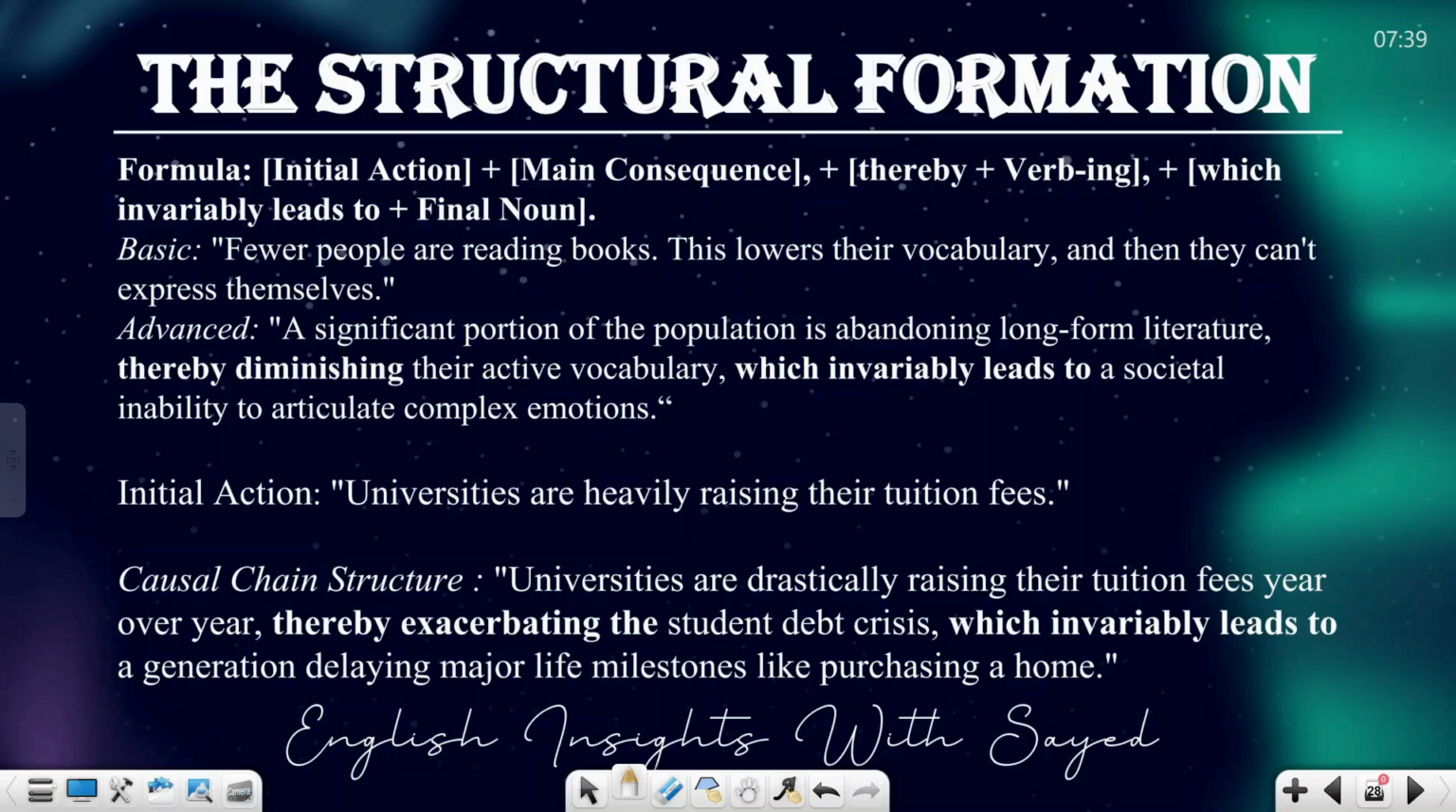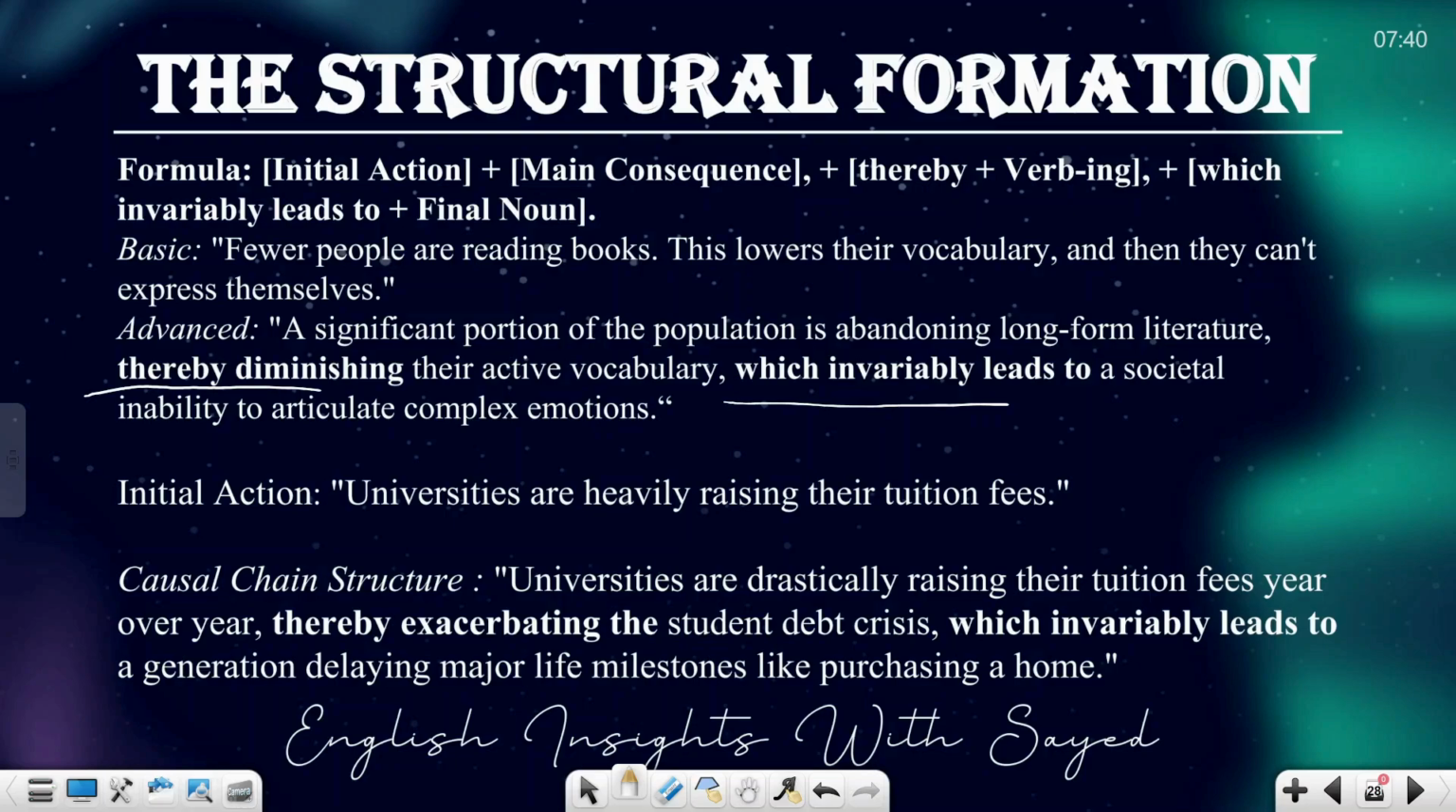is abandoning long-term literature, thereby diminishing their active vocabulary, which invariably leads to a societal inability to articulate complex emotions. Thereby আপনি ব্যবহার করেছেন যে consequence জানতে যাচ্ছে, তাই না? বুঝতে পেরেছেন? So এইভাবে আমরা এগুলোকে uplift করতে পারি। Universities are heavily raising their tuition fees, এটাকে আপনি এভাবে বলতে